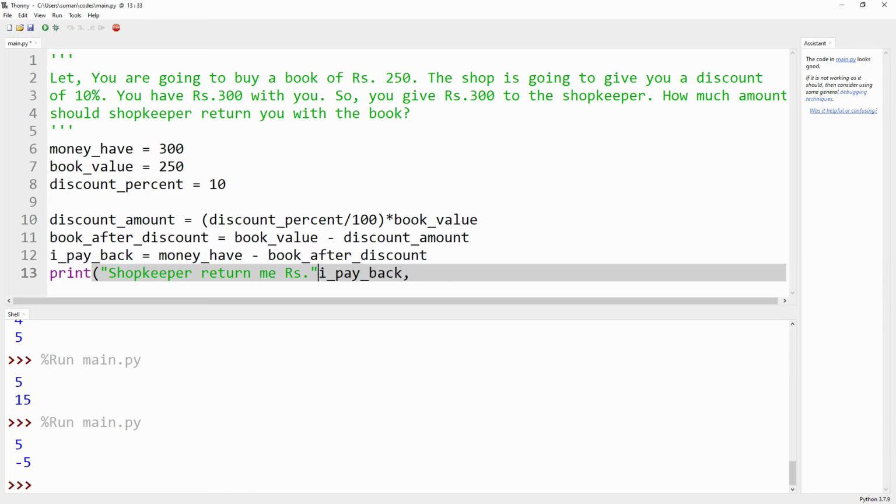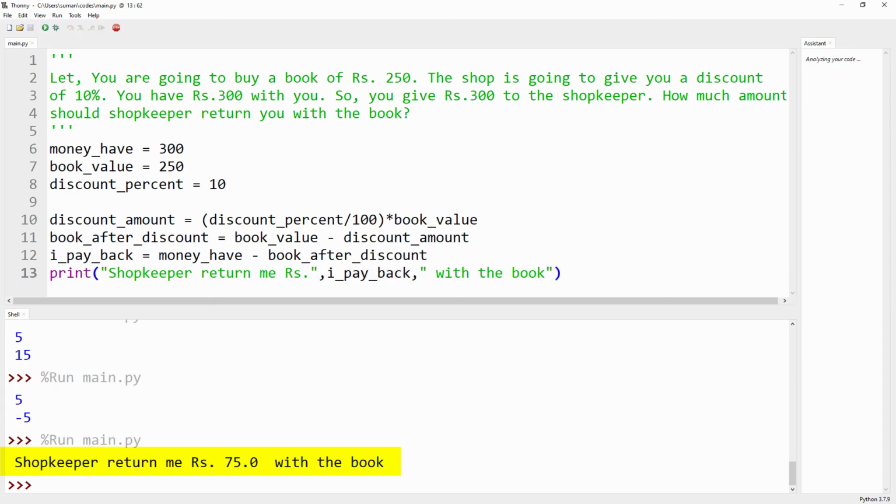There also must be a comma, otherwise that would be a syntax error. And with the book. Let's run the code, and we are getting shopkeeper return me rupees 75 with the book. And that is how we can use the operators in Python.